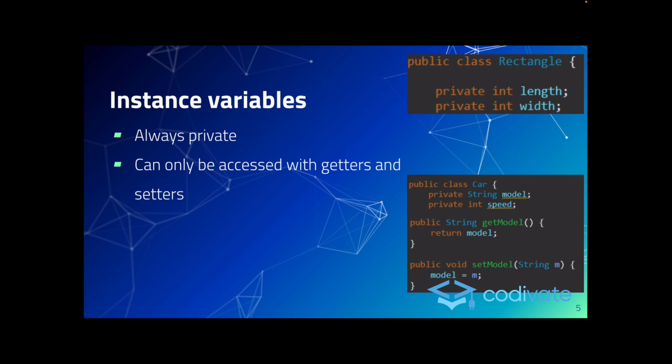Instance variables should always be private. You can make them public, but it's always good practice to make your instance variables private and then make sure that they can only be accessed using setters and getters. Remember that setters and getters are the methods that you make to be able to access and mutate or change your instance variables. Your instance variables are basically the variables that are tied with the objects or the